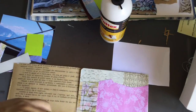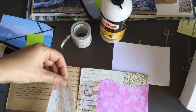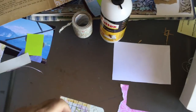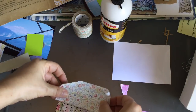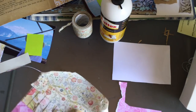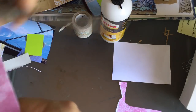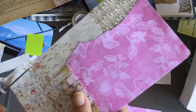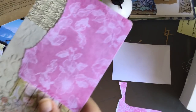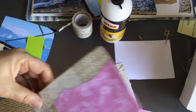Okay. Oops. We like torn things. Let's stick it onto the card first, and then I'll trim it off. So I don't want to go too far over on my card. This is very good stuff. It's very sticky. I'm just going to trim it because it's too long. That's it. And then I'm going to hold it up like that and